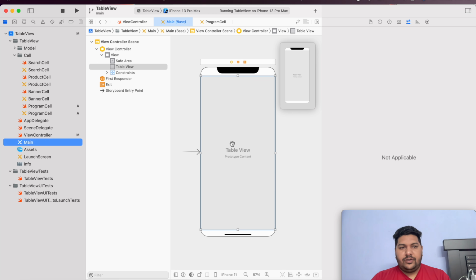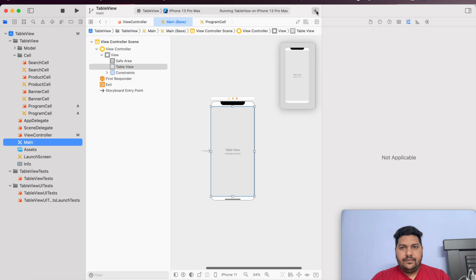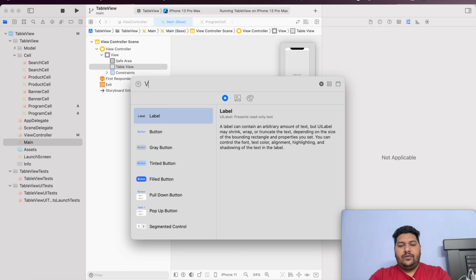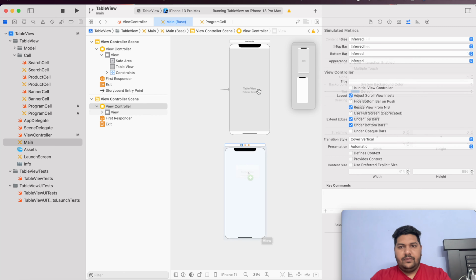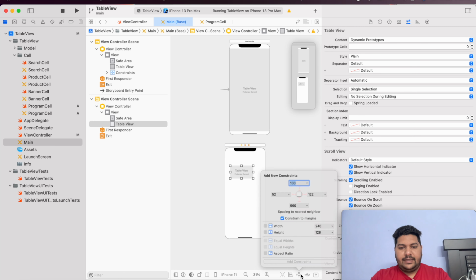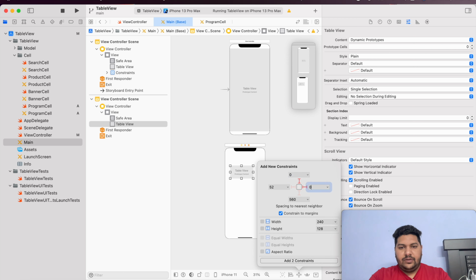This is my main storyboard. Right now my table is not containing any cell section. So first thing I will create one view controller. This is my new view controller. Inside this view controller I will take one table view. This table view I will set from all sides 0.